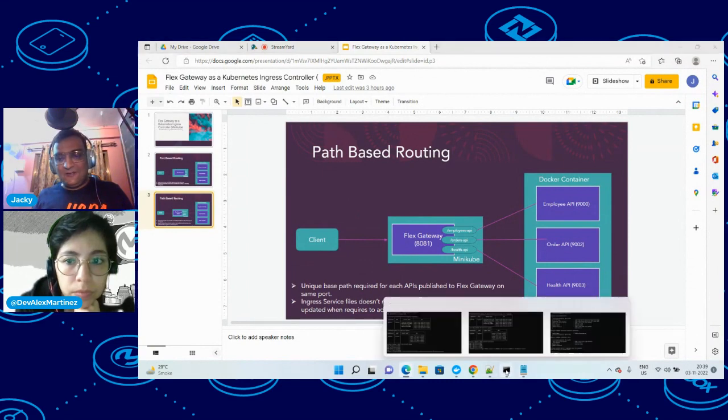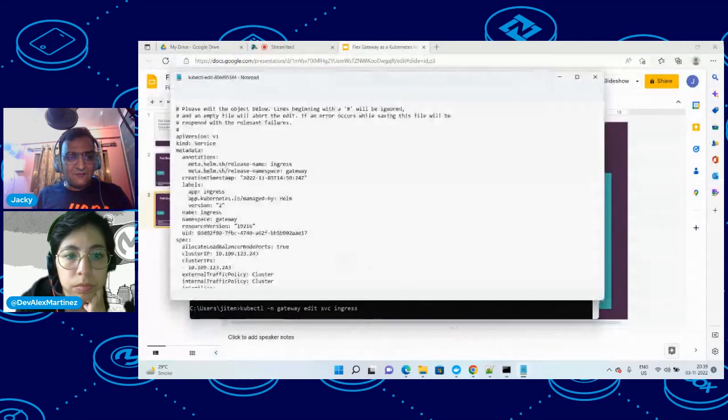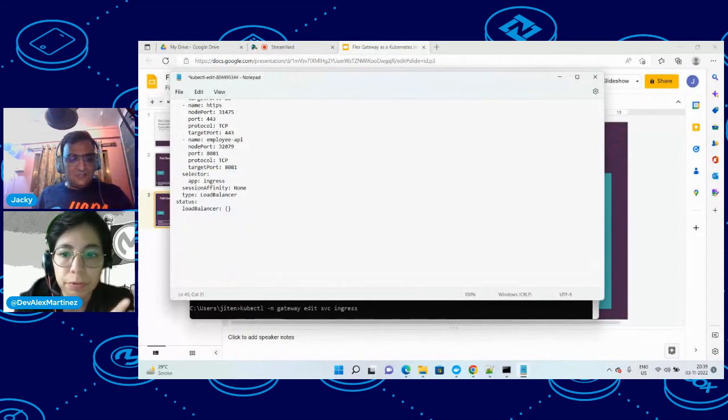The first thing I will do is edit that file and remove all the ports. I will keep only 8081. Okay, I removed all the ports. Before you save it,